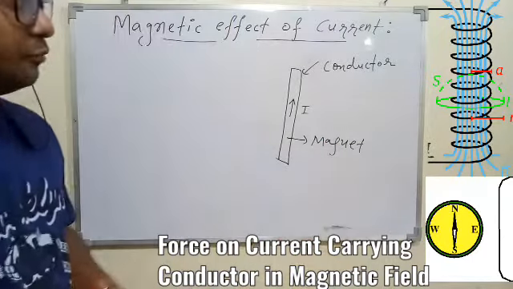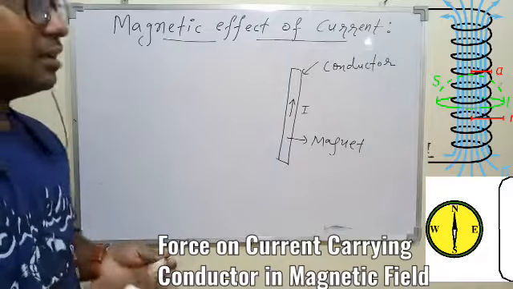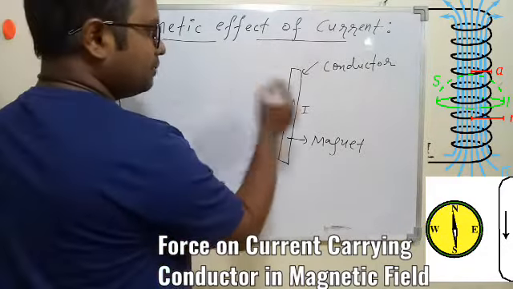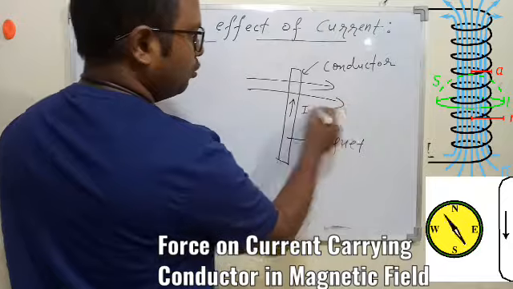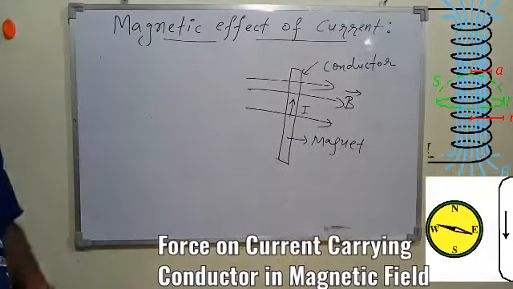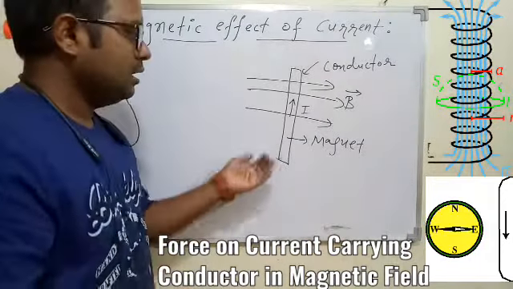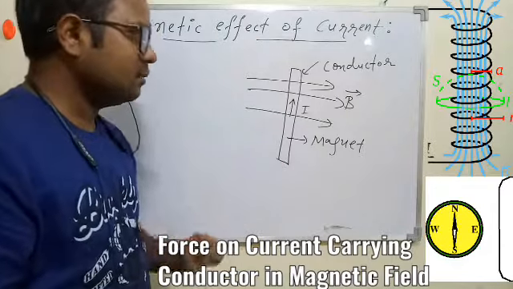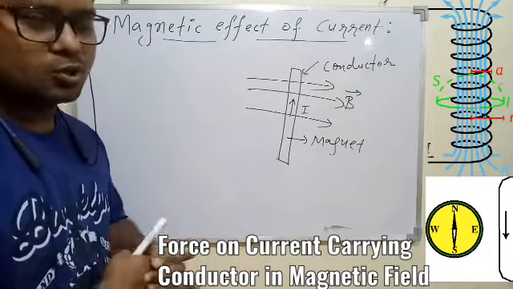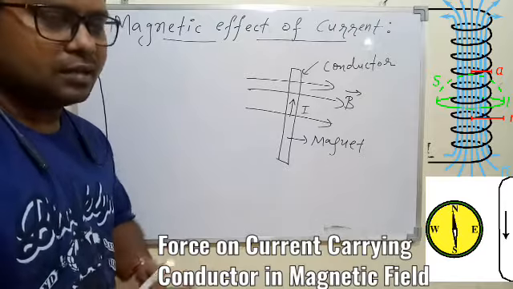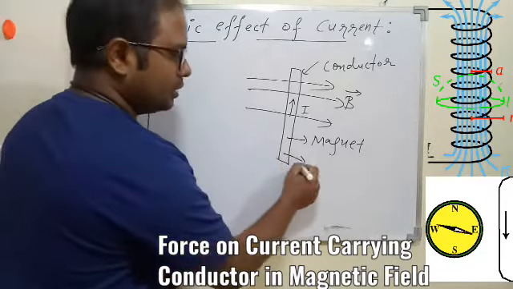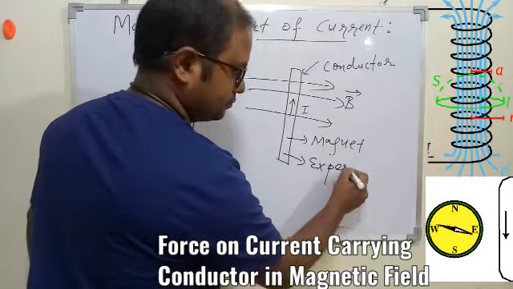You understood? Magnet effect. So now this conductor is converted into a magnet because of the electric current, and now if this conductor is placed within some magnetic field B, then what will happen? This is one magnet, the conductor itself, and the external magnet we have, and we understood if the two magnets come close to each other, what will happen? It will get the force, that is magnetic force. So even this conductor will experience force.